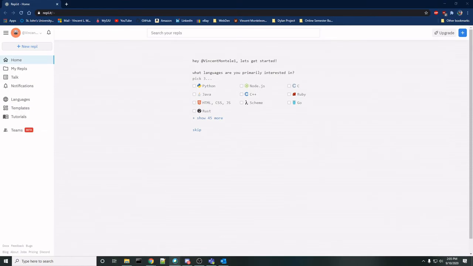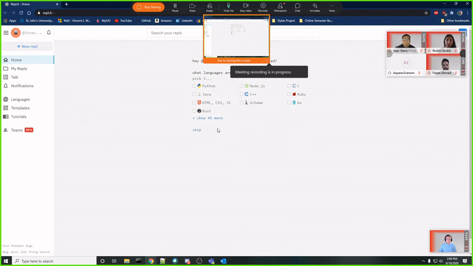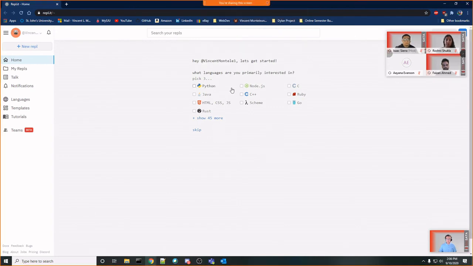Okay, so I'm going to start sharing my screen to show you guys how this works. Everyone can see my screen right now? Okay, great. So first off, you'll be greeted with this introduction thing, what languages you're interested in. That's not really important. There are a lot of different languages you can actually use this web engine for. It's my favorite one if you're working on the fly and you don't feel like installing a bunch of things. It has a bunch of libraries built in. So very simple. The way it works is every time you make a REPL, it's like a new project for Python or for whatever programming language.